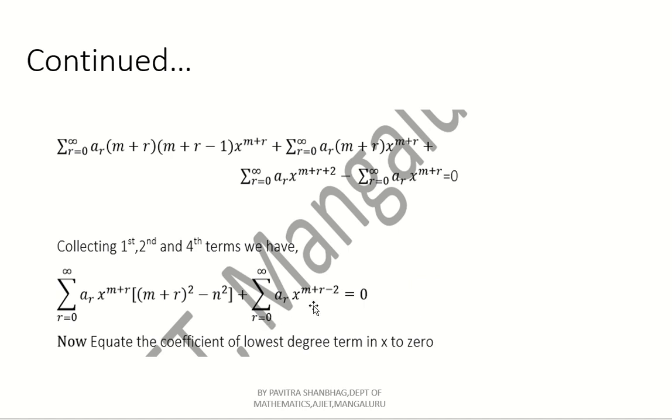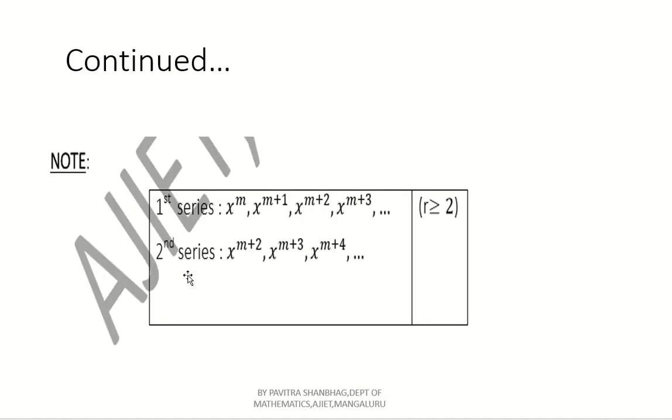Put r equal to 1, it will give us x power m minus 1. Put r equal to 2, then only it will be x power m. So here, x power m we are getting directly when r equal to 0. But here, when r equal to 2, then only you can get x power m. So that's why we have given this condition for the second case: x power m plus 2, x power m plus 3, x power m plus 4 and so on, for r greater than or equal to 2. Okay. Now,